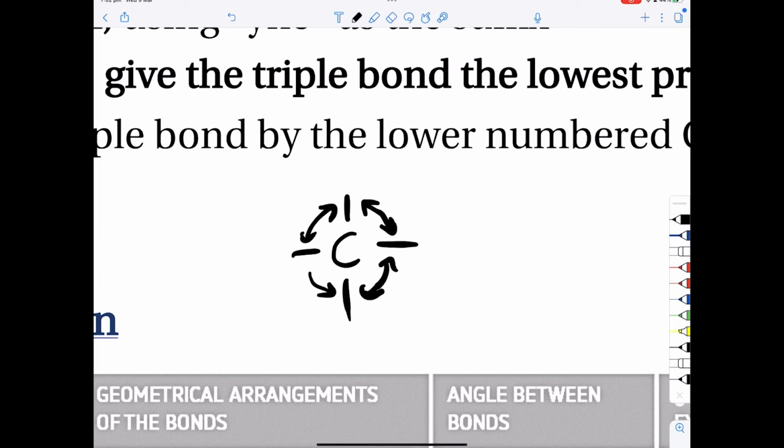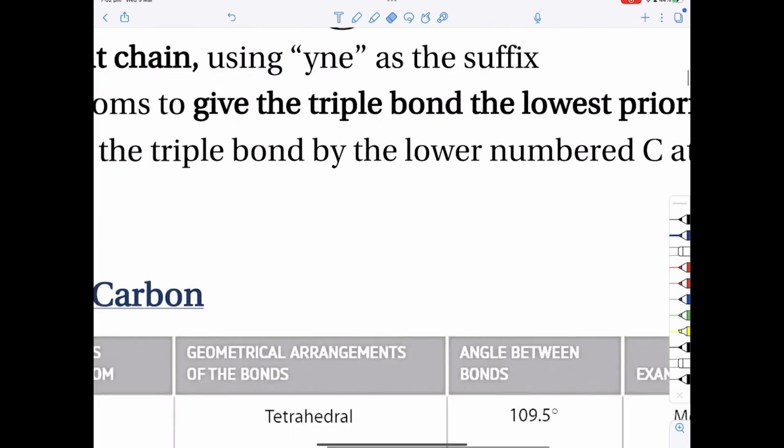Now, the one thing we're not considering is the bond can also move towards you, which is out of the page, or away from you, which is into the page. So this looks like the bond should be 90 degrees apart from one another. What actually happens is this bond here, imagine it moving out of the page and smacking your face. So it moves in that direction, and these two bonds will also move backwards, such that we have what's called